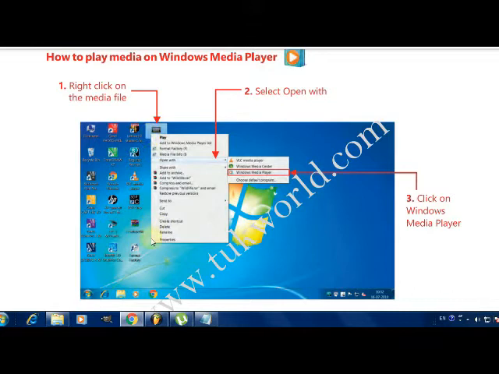When it opens, go to the open with option. Directly you can click play, but here we have to open this file with which media player? With Windows Media Player. So go to open with, then select Windows Media Player. Now when you click on it, it will open that media file with the selected media player, and the selected media player is Windows Media Player.